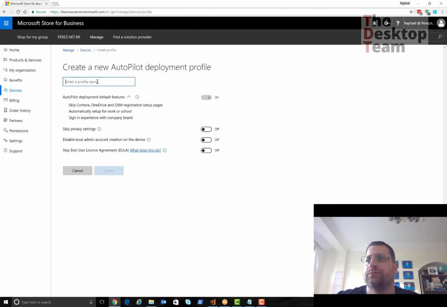So the first thing I'm going to do is create an autopilot deployment, create a new profile. So I will put this as default. What this profile is about, some of the options we will be able to skip. So in this case we skip Cortana, OEM, registration, OneDrive, automatically select the option for work or school, and the signing experience will be the company branded. So the information you have in your Active Directory, the Azure Active Directory branding, will automatically be populated to the machine during the logon